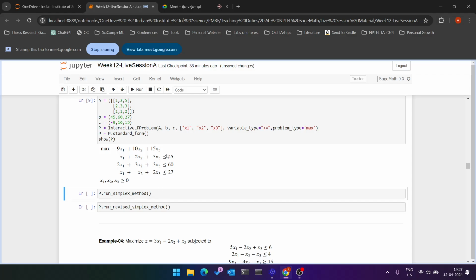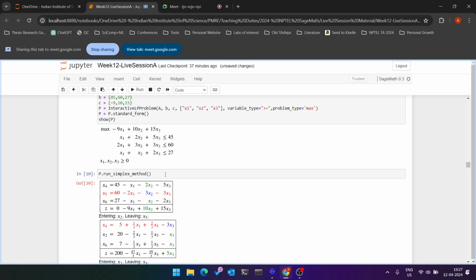We will run the simplex method, but you can see straight away that all three constraints are inequalities, where the left hand side is less than or equal to the right hand side. What this tells us is that in all three constraints, we need to add a slack variable to convert it into an equality. So when I run the simplex method, x4, x5, x6 are the slack variables added